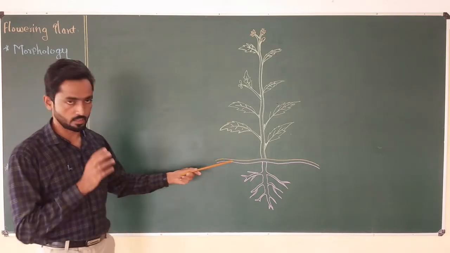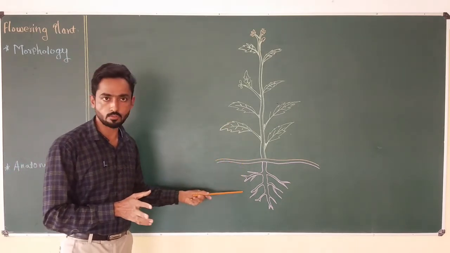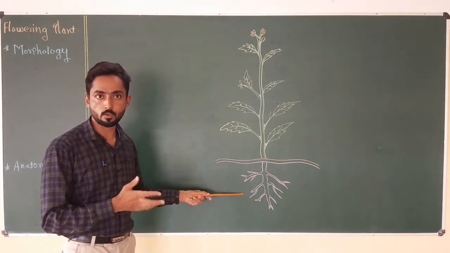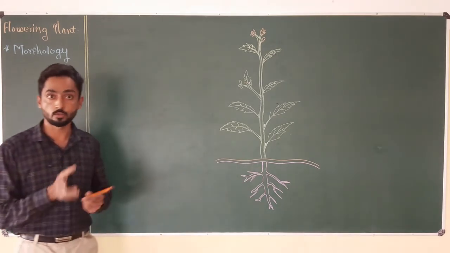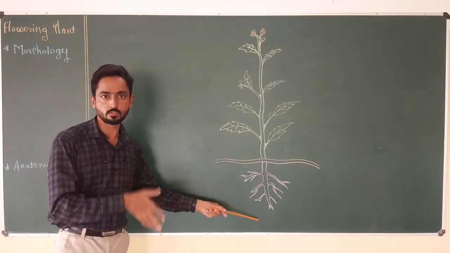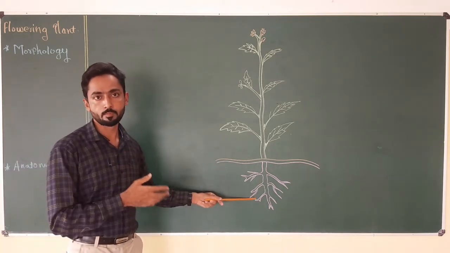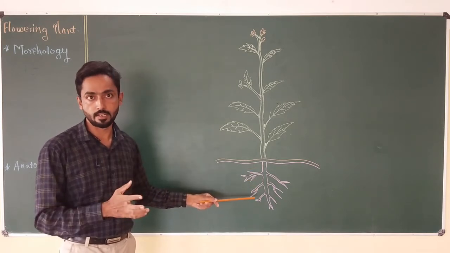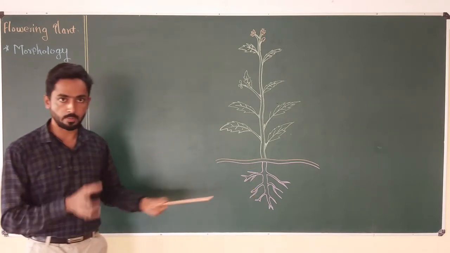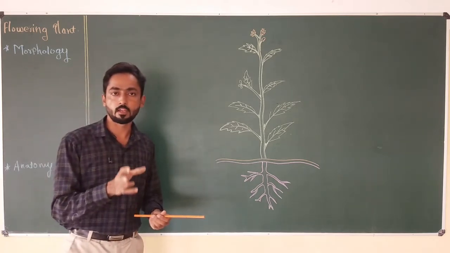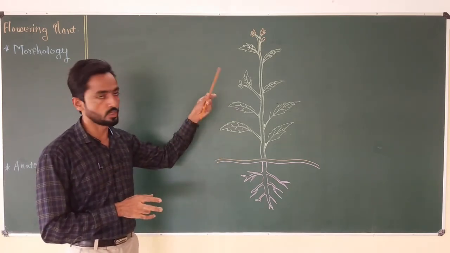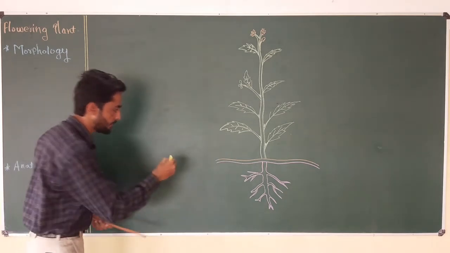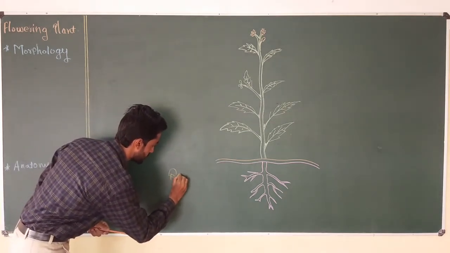The system of organs present below the ground surface is generally positively geotropic, growing towards the soil, positively hydrotropic because it grows towards the water, and negatively phototropic, meaning the root system grows away from the sunlight. And the system plays the important role of absorbing water and minerals and providing them to the entire plant body. So the first system present in the flowering plant is the root system,